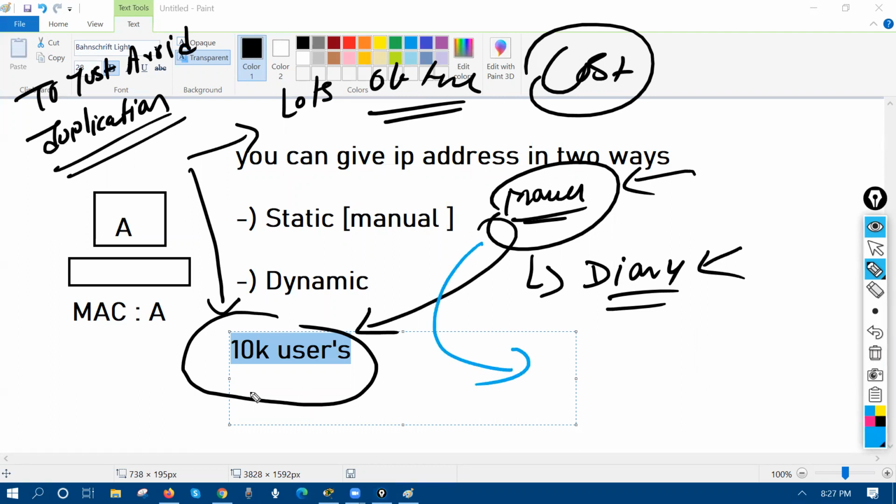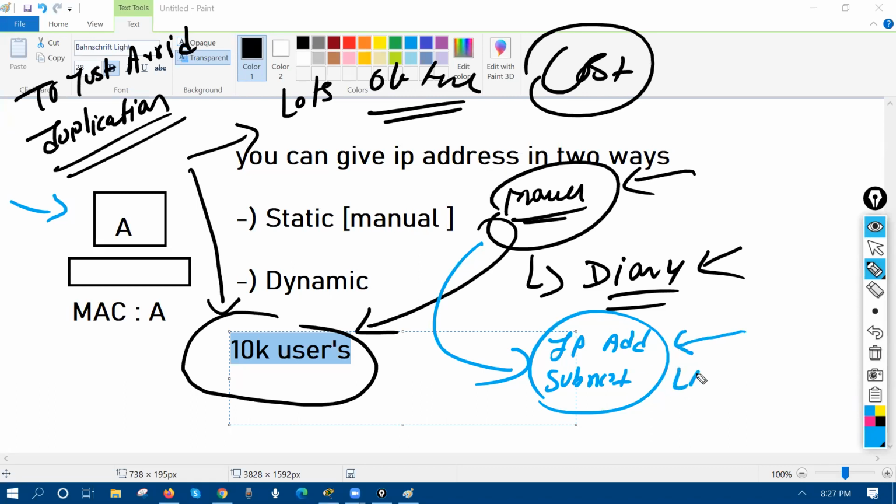The third thing is, if I'm going to do it manually, how many things do we need to give to the PC? One, we have to give the IP addressing, and the subnet mask. These two pieces of information must be given to provide LAN communication. Try to understand, we need to give the IP addressing and subnet mask information for LAN communication. But if I would like to go for WAN communication, what happens? We need to give the IP addressing, we need to give the subnet mask information, we need to give the default gateway, and we need to give the